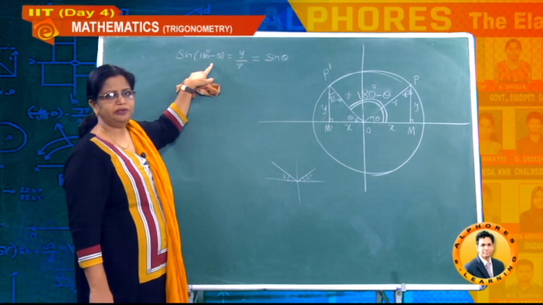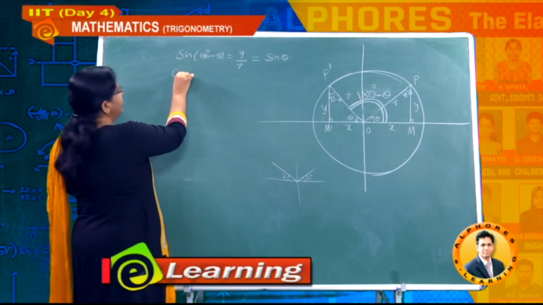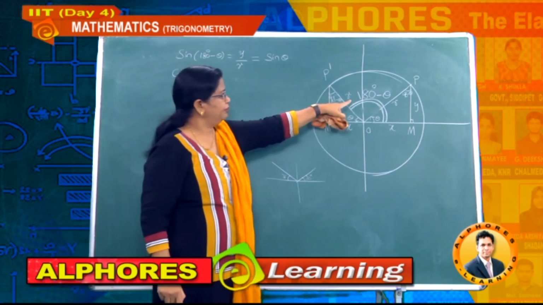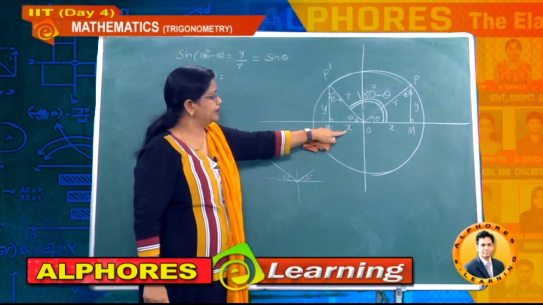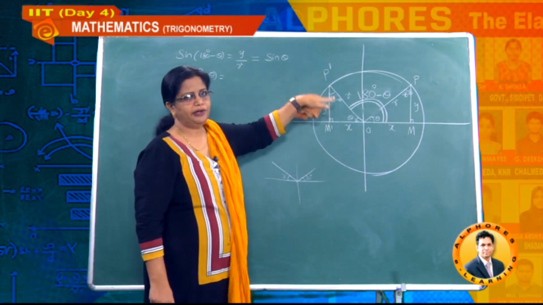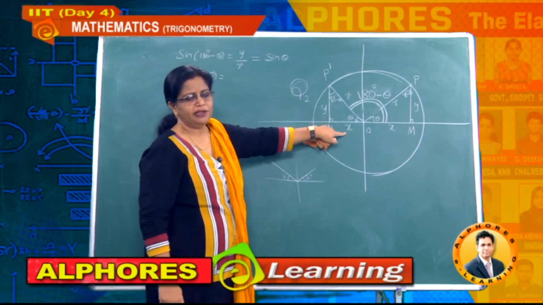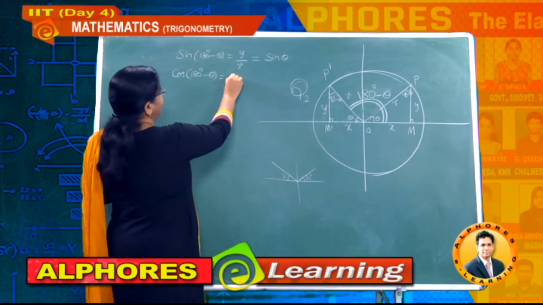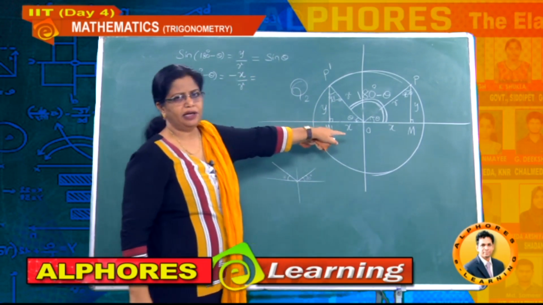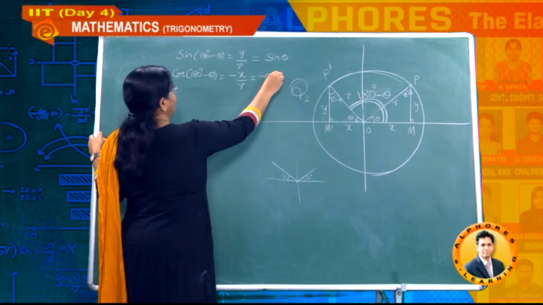So the sine of an obtuse angle is positive. Similarly, if I take cos of 180 minus theta, then this is the adjacent side to 180 minus theta. What is the adjacent side? The x value, but this x is negative in the second quadrant. This belongs to which quadrant? The second one. Therefore, this x is negative and hence I am writing minus x divided by r. And what is minus x by r? Actually minus cos theta. Therefore, this is minus cos theta.